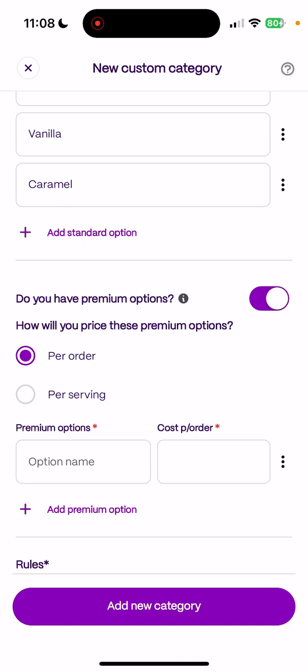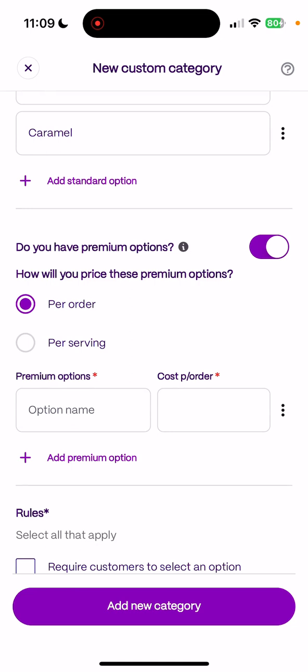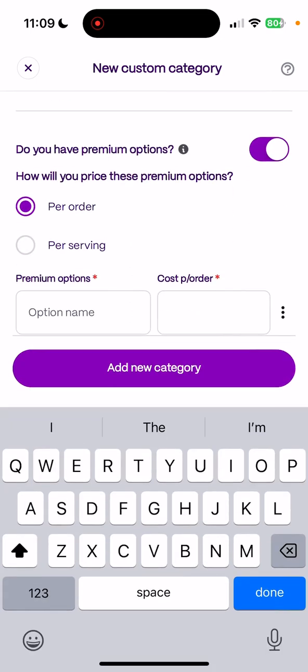Now, just a heads up, 95% of the things that will get charged out will be on a per order basis. It's so much easier to work out, but there will be the rare thing that does come out that will be per serving, but by default, it is set on per order. So we're going to leave the purple dot in the circle under per order, and we're going to start listing our premium flavors here. Let's say that we want a premium flavor to be almond,